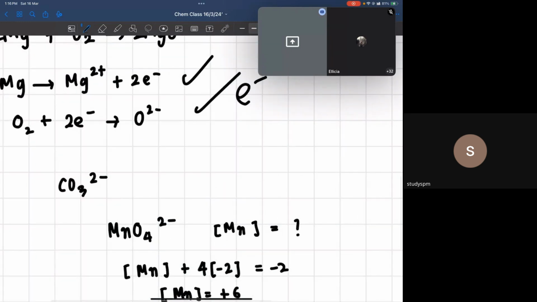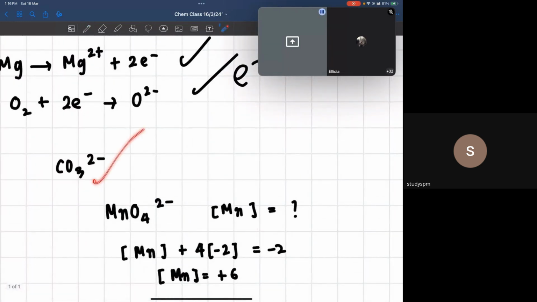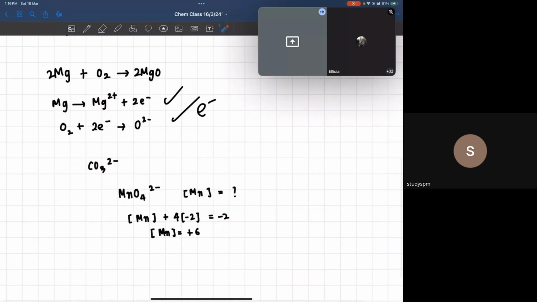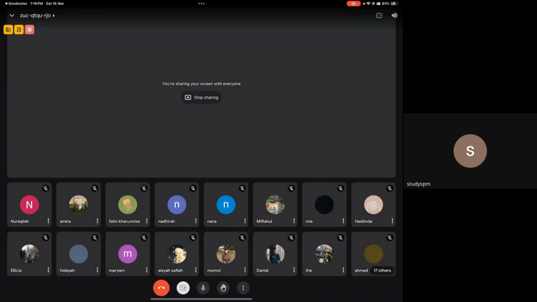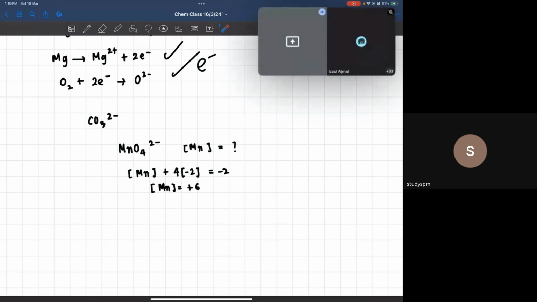This one also. Tadi also. This one. Tadi +4 kan? Yeah. Okay, this one is calculation of oxidation number. It's very easy, right? So far, any question? So far, so good. Okay, no question. Okay, everyone good. Doing great. Okay, and then